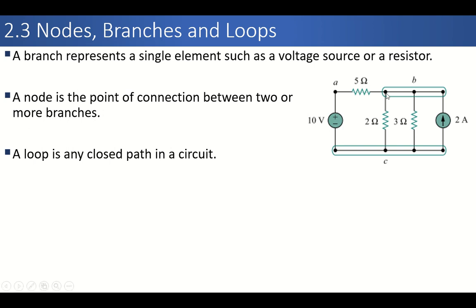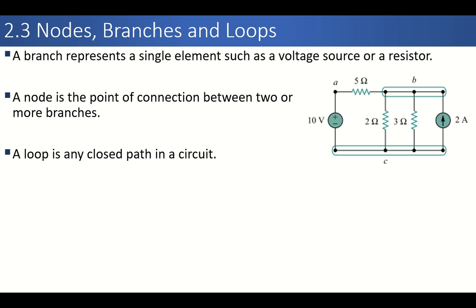Similarly, if we start from point B, and again we can come back to point C, and then let's suppose we start from this point and this point and this point, this point and this point. This is another loop. Similarly, starting from this point to this point, this point and this point and this point, again we can see that this is a loop. Okay, so there are 3 loops in this circuit, and for points there are 1, 2 and 3 nodes in this circuit, and for branches there are 1, 2, 3, 4 and 5 branches in this circuit.